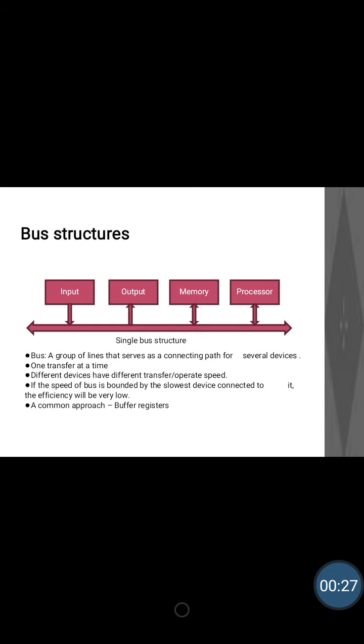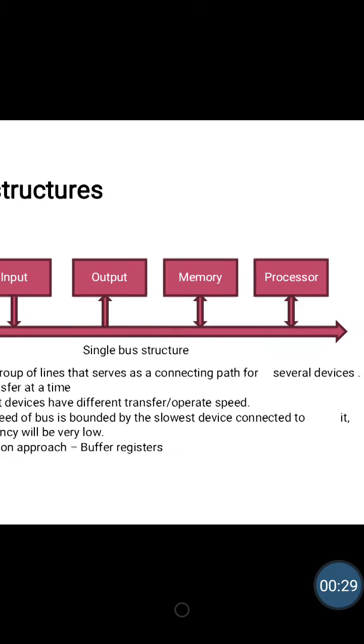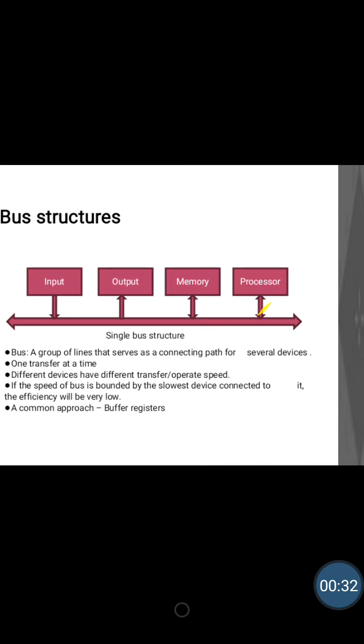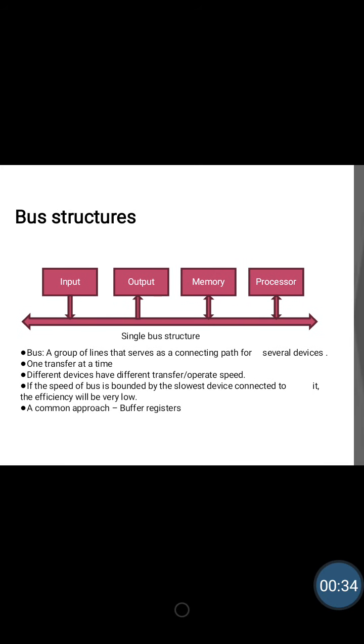Yes, here you can see. So different parts of a computer or different devices can be connected. There are many ways of doing this connection. The simplest and the common way is discussed in this video. How we can connect them? We can connect the different parts of a computer or different units of a computer or different devices to the computer by making use of bus.